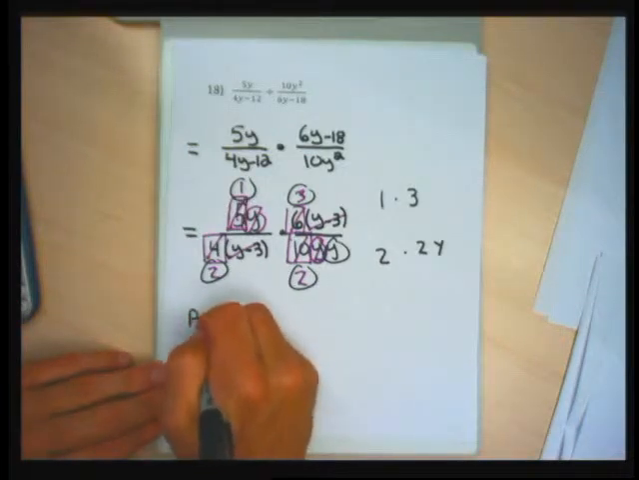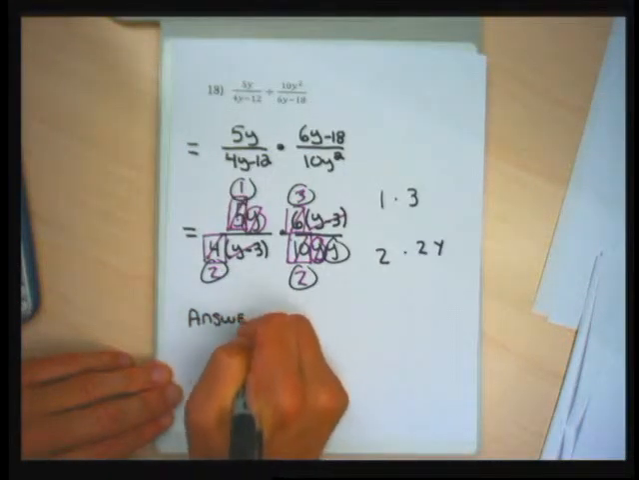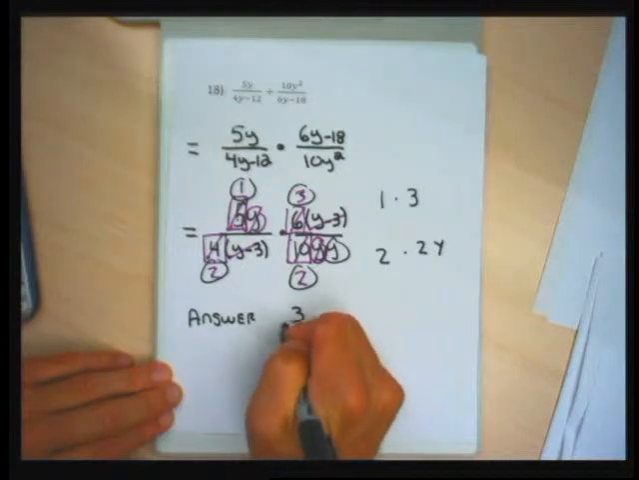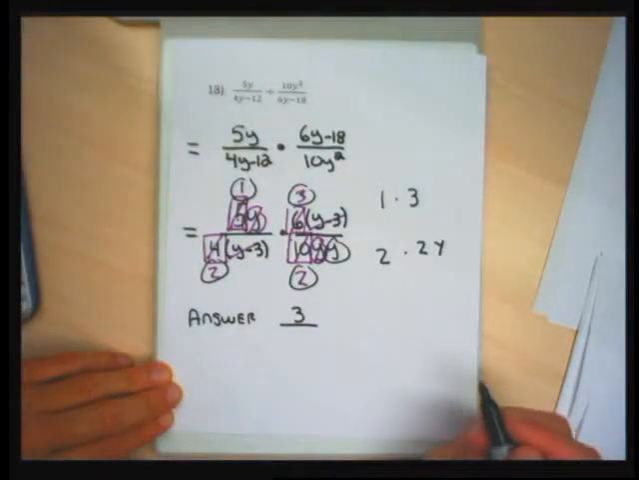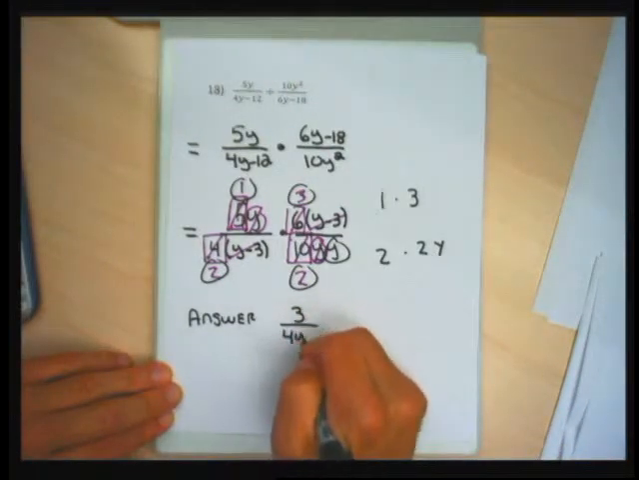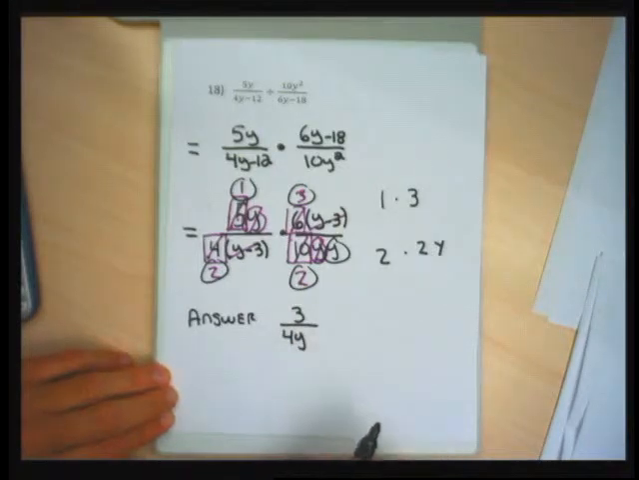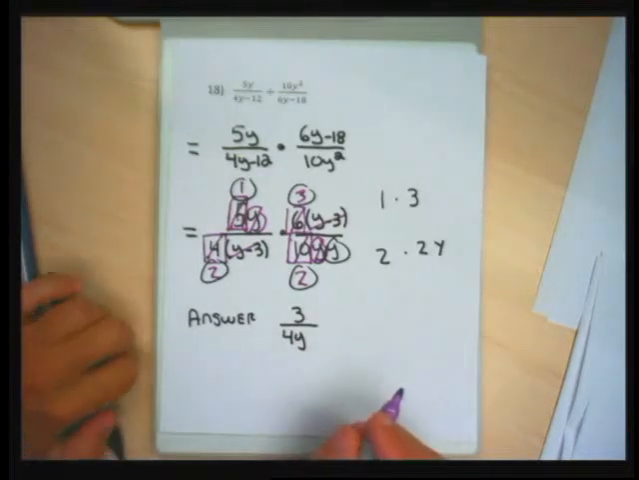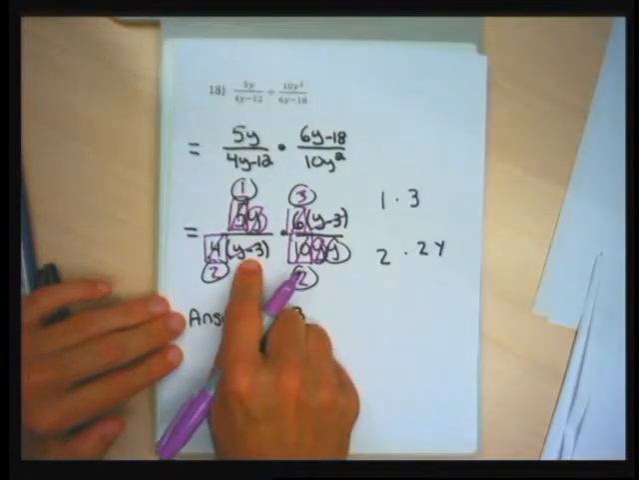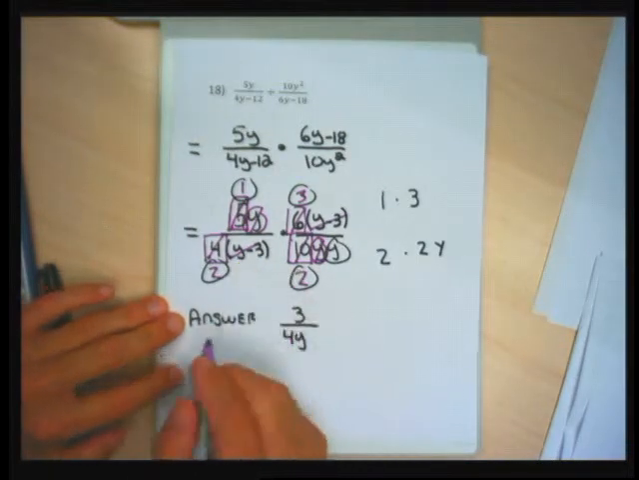Now I'm ready to write my answer. In the numerator, I'm going to multiply 1 times 3 and get a 3. In the denominator, I'm going to multiply 2 times 2y and get 4y. Again, I can check. And I can't plug 3 in, because if I plugged 3 in, I'd get a 0 in the denominator. I'm going to let y equal 2